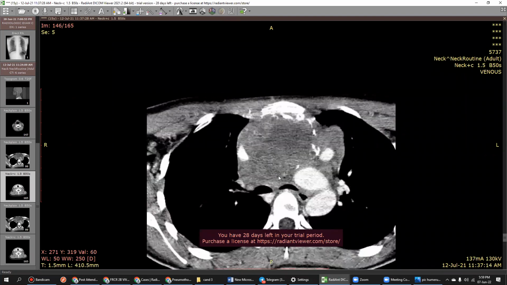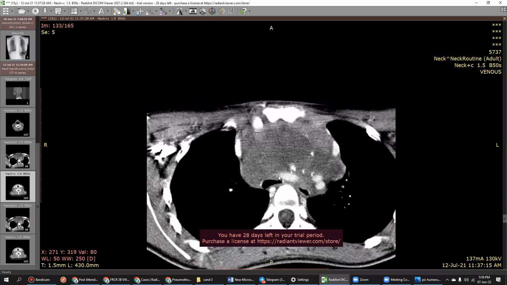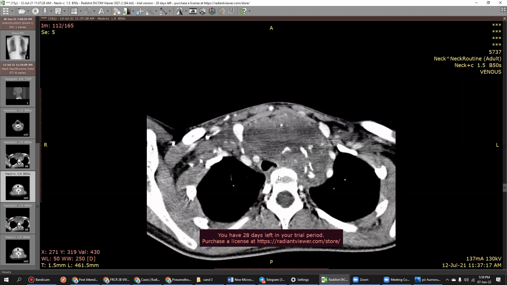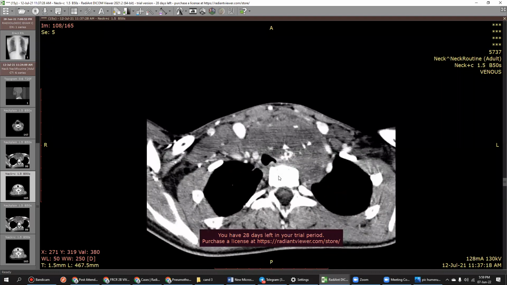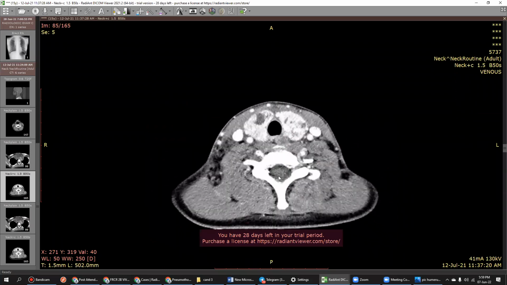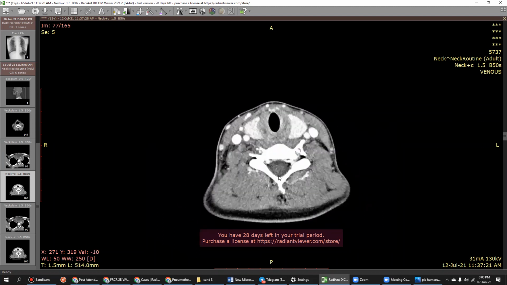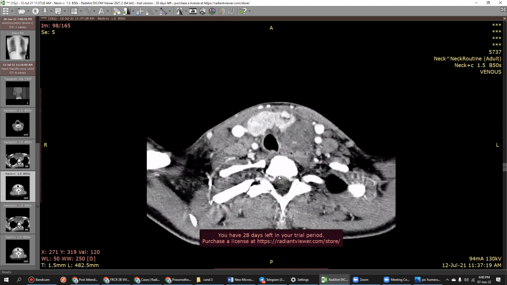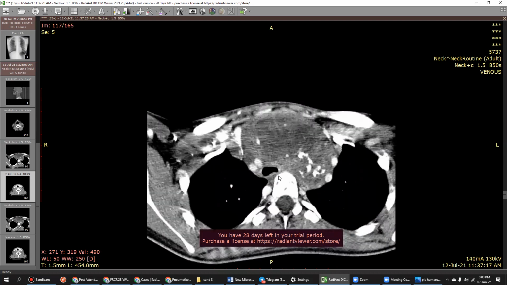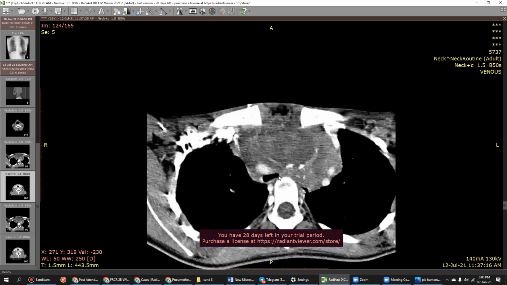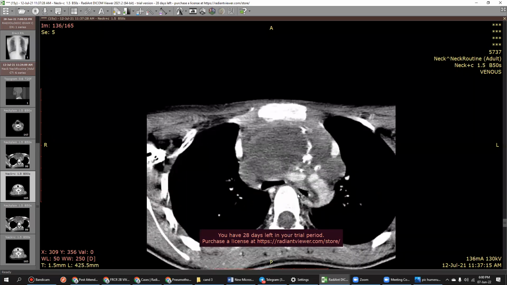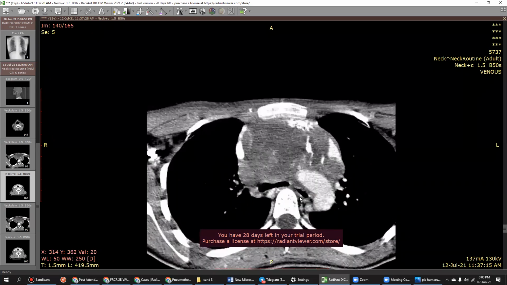Okay, so contrast enhanced CT scan of the chest again confirms the mediastinal mass, anterior mediastinal mass, which shows foci of calcifications within. And okay, multiple thyroid nodules. Again, I'm scrolling down. Okay, this is seen displacing the vessels, the branches of the aortic vessels, and compression over the bronchi and the trachea as well.